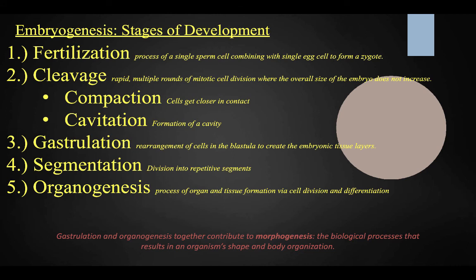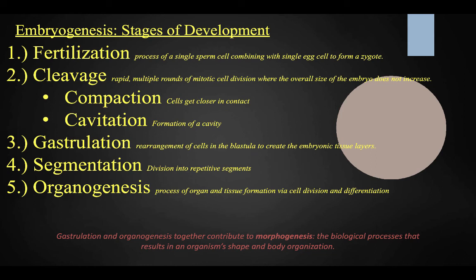So next we're going to look at the basic characteristics of embryogenesis. There are 5 steps here. The first is fertilization, a process of a single sperm combining with a single egg to form a diploid zygote. From there, that zygote will multiply through mitosis, or cell division, which is known as cleavage. During cleavage, you will get 2 processes: compaction, which basically means cells are getting closer in contact with each other, and then a formation of a cavity,